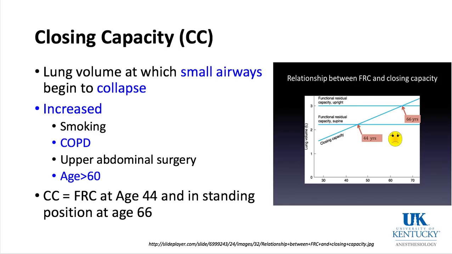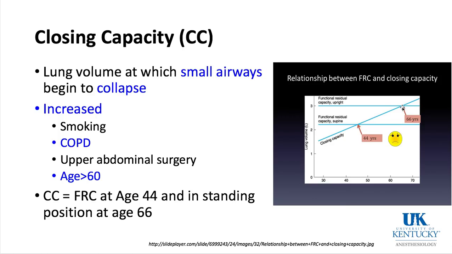Closing capacity, what is it? It's the lung volume at which the small airways begin to collapse. And if you look at the graphic on the far right, you have x-axis age and y-axis lung volume. And it's showing functional residual capacity in the supine position, the lower blue line, and the upper line, the functional residual capacity in the upright position. The important point is this: at age about 44 years in the supine position, the closing capacity is the same as FRC. And even in the upright position at about 66 years, the closing capacity is equal to the FRC